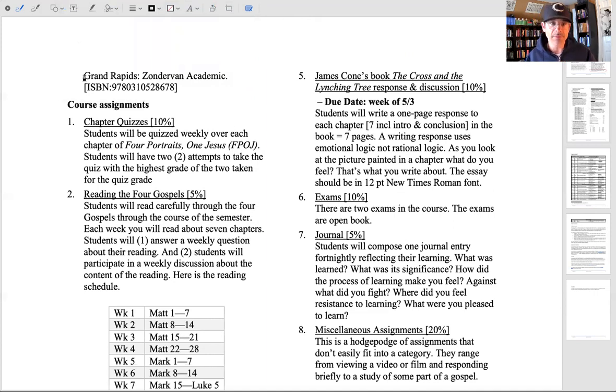All right, so here are the assignments. There are chapter quizzes. They're worth 10%. So each week,